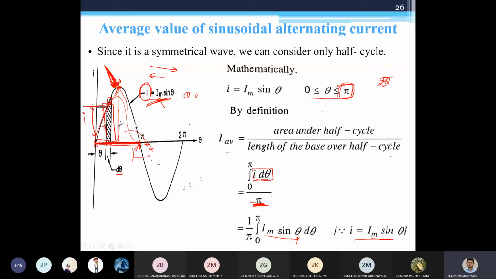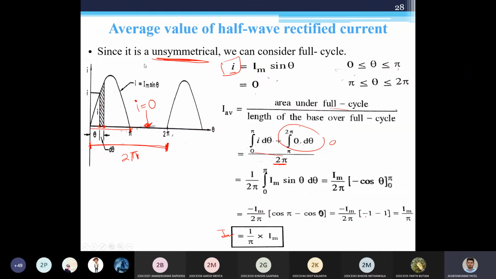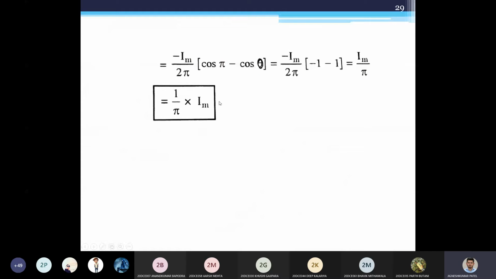At that time you have to consider a full cycle, and then the waveform is symmetrical. That's why we'll consider a half cycle. But when you have average value of half wave rectified current or this waveform, in that case you have to consider it over a full cycle, because the symmetricity is not there in case of this waveform. So you cannot take over 0 to pi, but you have to take care of 0 to 2 pi, and when this I becomes 0, at that time this term will become 0. That's why it is not appearing again one more time, because integration of 0 is always 0, so you cannot have that thing. Other than that, it's very easy theory.